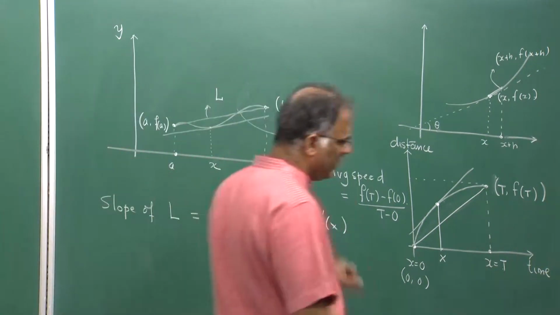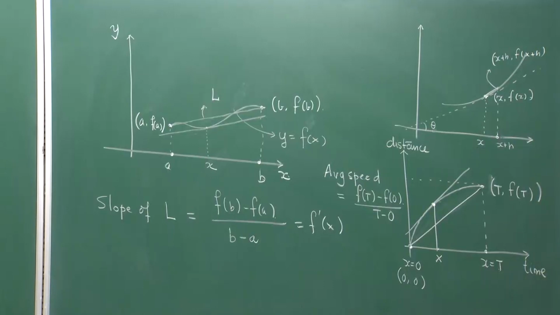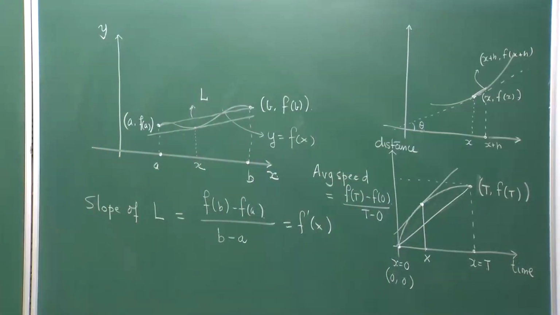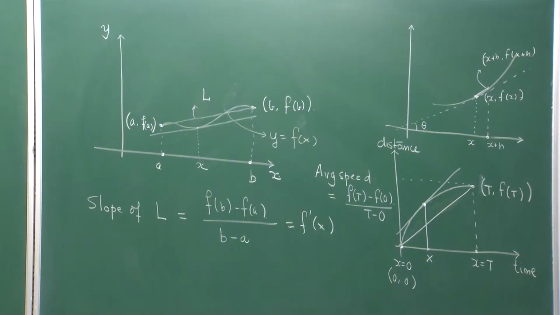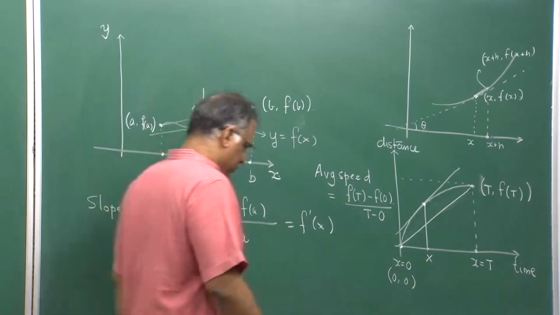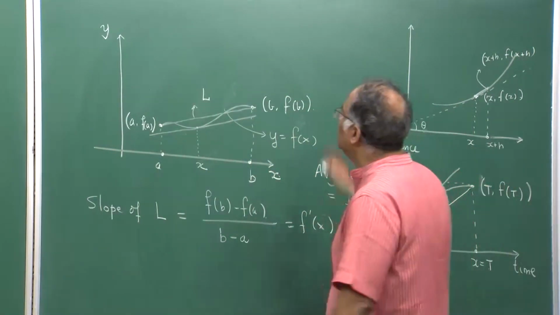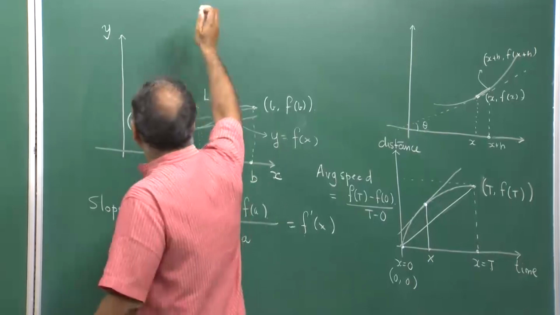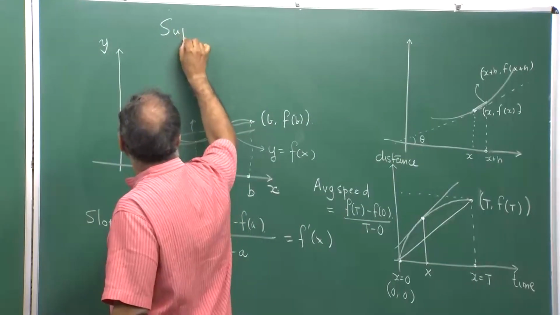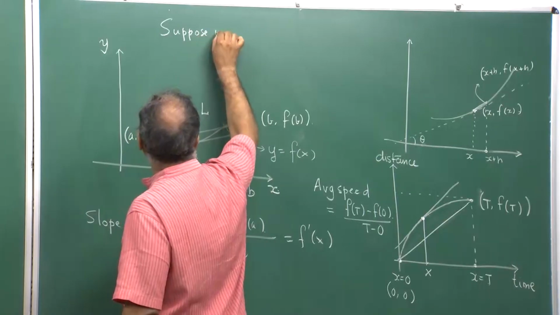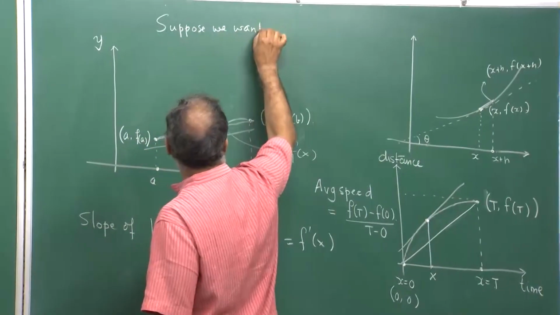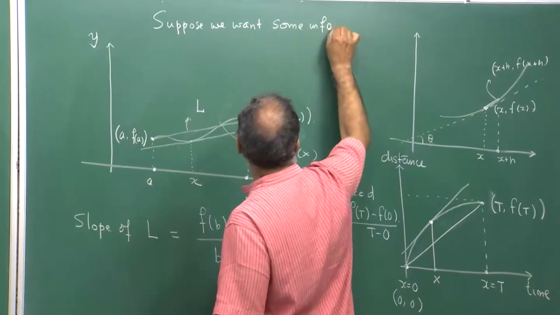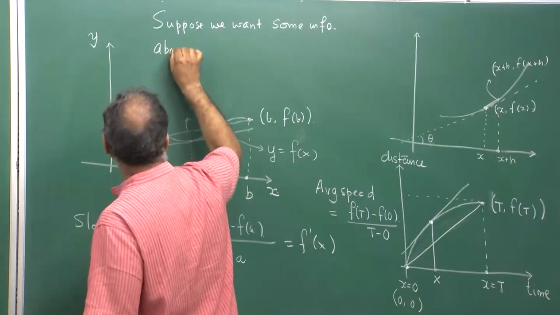So, we have some ideas. Now, what does this mean value theorem do? We are yet to prove the mean value theorem and we will do the proof at the end, but let us first see what sort of help the mean value theorem can do to us in our studies. So, when do you apply the mean value theorem? What is the situation when you apply the mean value theorem? Suppose you want some information about f,